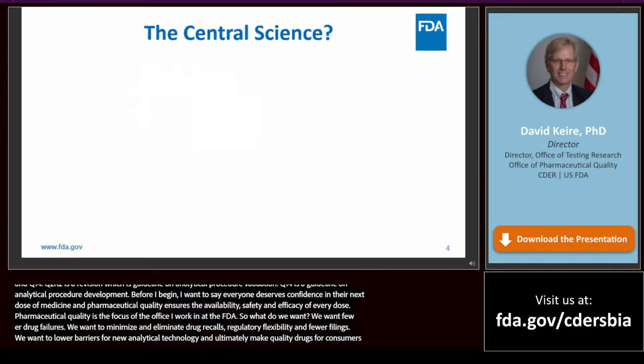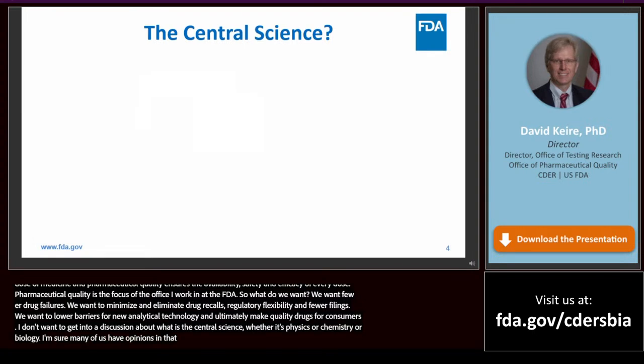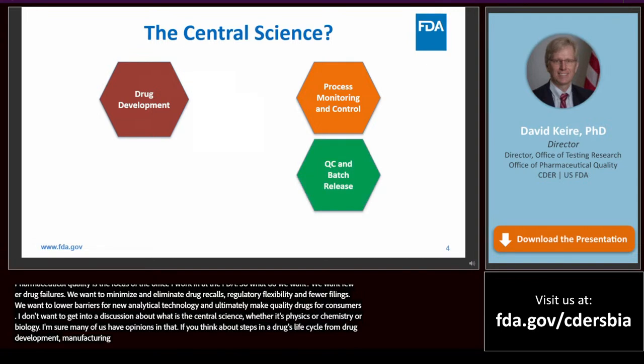Now, I don't want to get into a discussion about what is the central science, whether it's physics or chemistry or biology. I'm sure many of us have opinions in that. But if you think about steps in a drug's life cycle, from drug development to manufacturing process monitoring and control, to quality control and batch release, and ultimately post-approval surveillance,